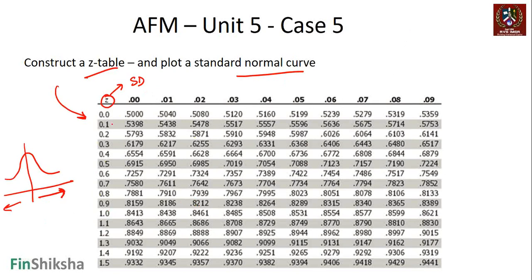So if you were to take 0, how do you look at a Z table? The first part is here, and then you add this part to the Z table, right? If you want to look at 0 standard deviations away from the mean, what is the cumulative probability? Remember, this is cumulative probability, which means it gives you the figure on the left side of that curve. So 0 standard deviation, 0 plus 0, what should be the probability? 50%, right?